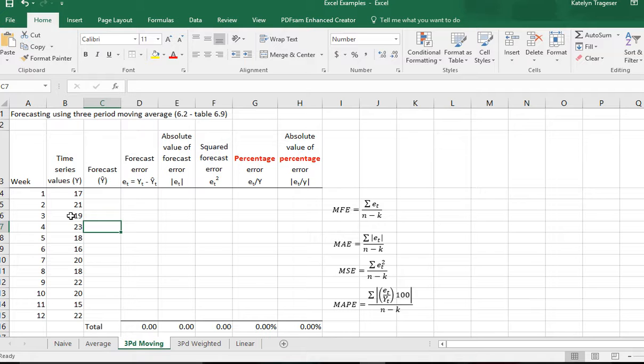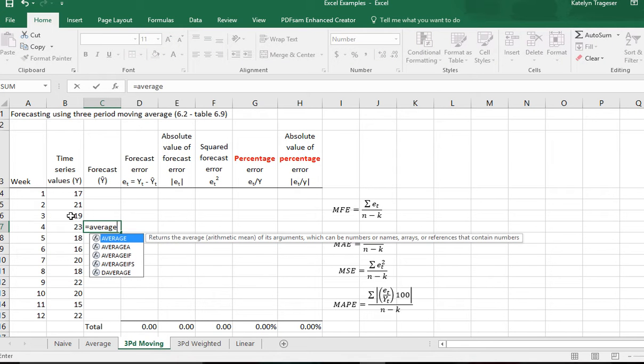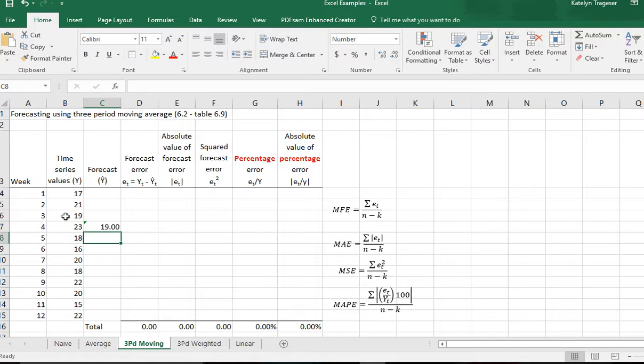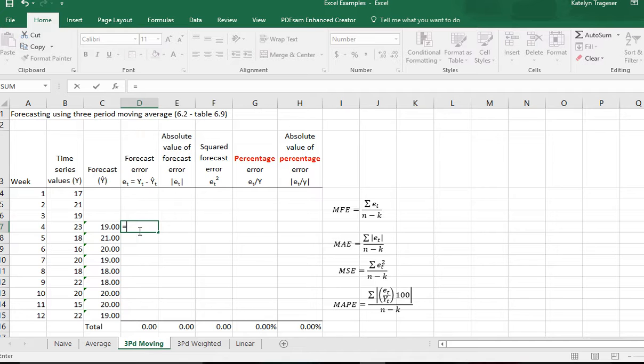So here we can use the Excel function equals average, and then select the 3 previous cells. And again, this is relative cell reference. We can just carry the formula on down. Next, we want to calculate our forecast error. So that is going to be equals our time series value less our forecast. Again, relative cell references. We can copy it on down